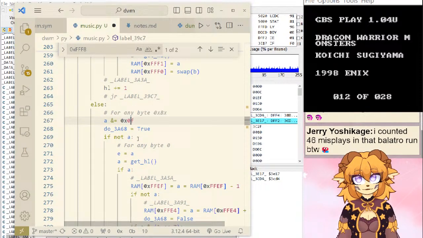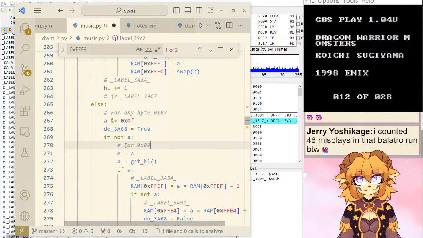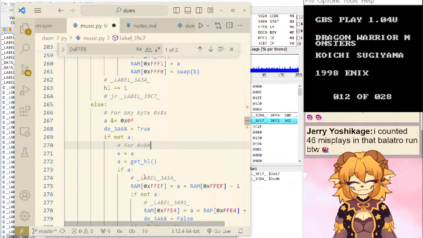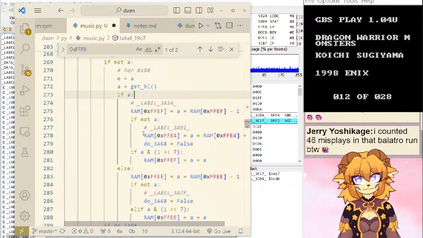So if not A, then it's basically just for 0xB0. So then we get the new A here.